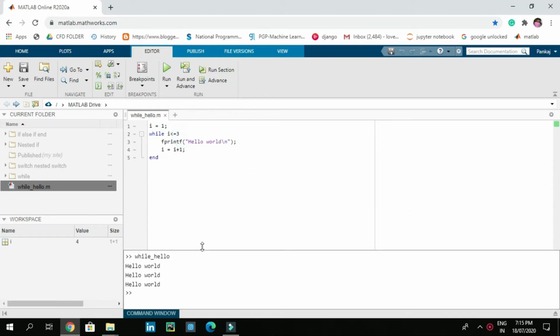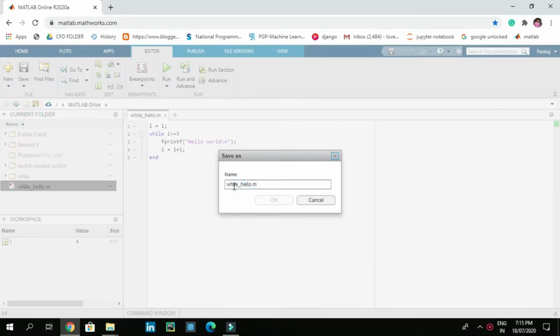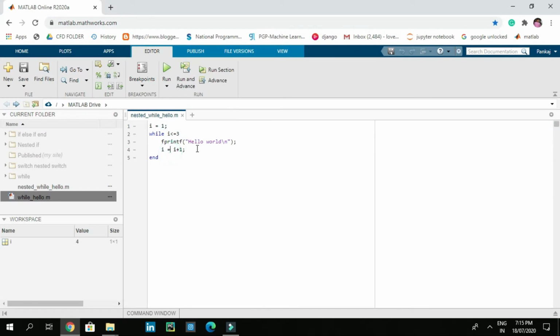So now we are going to add nested while statement. So let's save this file as nested_while_hello.m. So now let's change, as we have i equal to 1, so let's change this as x equal to 1, and let's add after that y equal to 1.